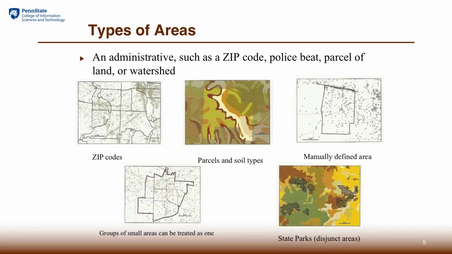If you have that case, you may have to first define those, and that may take some steps. For example, you may have to clip, or aggregate, or merge, or dissolve multiple areas into one. We're now assuming that the area that we're dealing with is just one area. And the other possibility is that you have more than one area where you want to calculate the number of things for each of the many areas. So those are the two categories we're going to deal with.